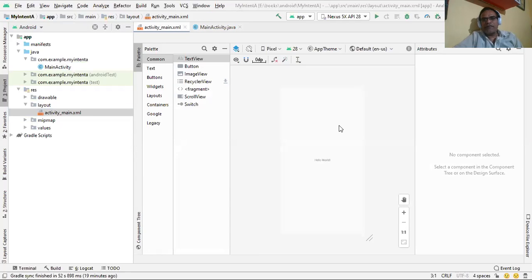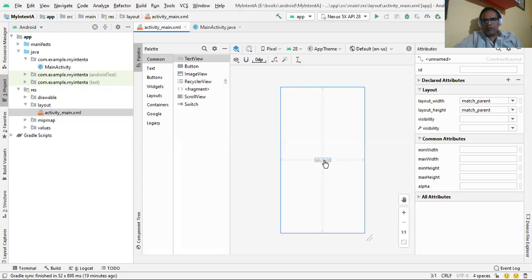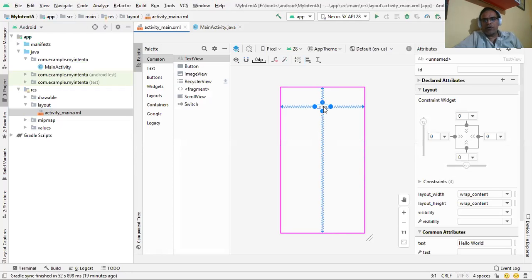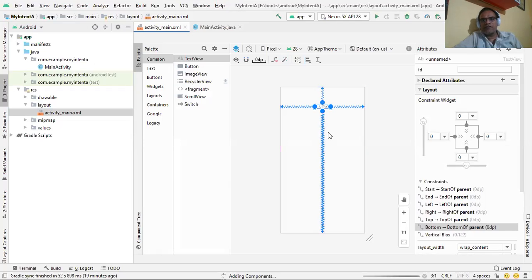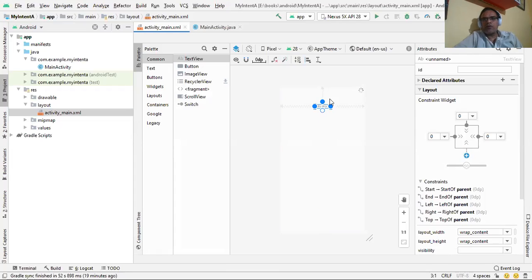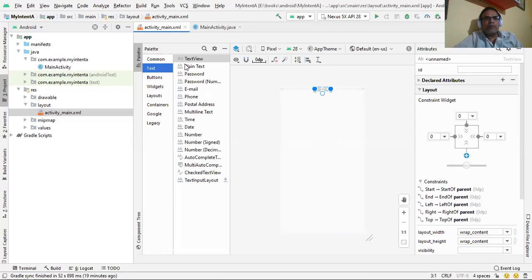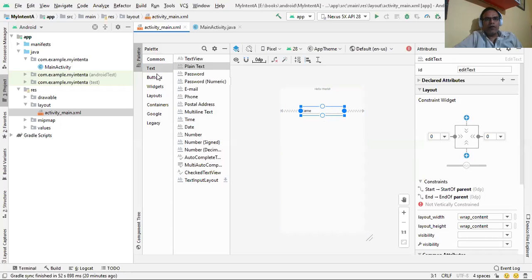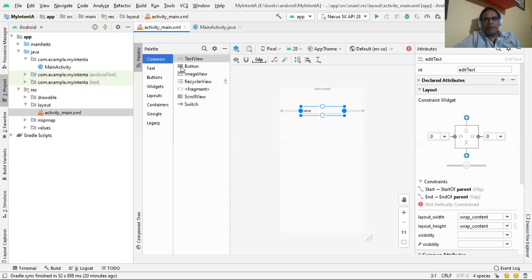So first we design the interface. This is the default text view control in the interface. We also use some more controls. You can select some more components from the palette. So we select plain text, or you can say edit text, and we also select one button.